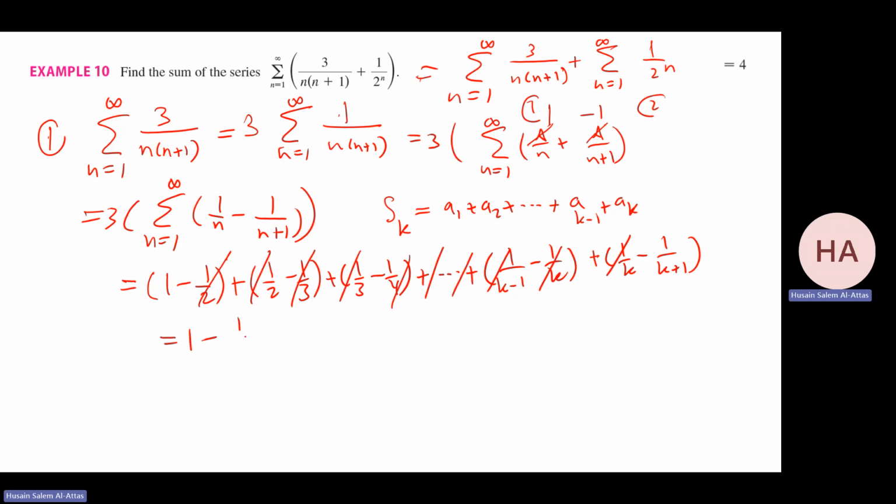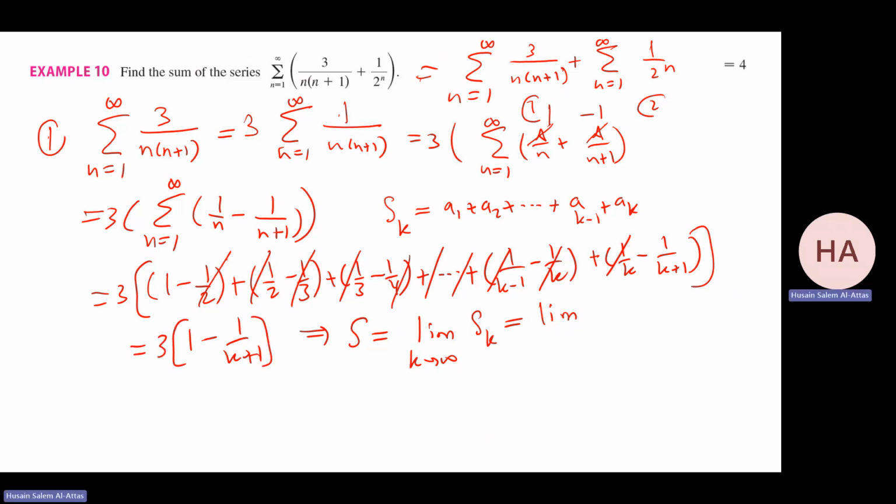So that gives me 1 minus 1 over k plus 1. So s will be the limit as k goes to infinity of s_k. Don't forget the 3, all of this will be 3 times all of this. So I have the limit; the 3 I can take outside, it will not make a difference, of 1 over k plus 1. That will be 1 minus 0, times 3, which is 3. So the first one is 3, plus